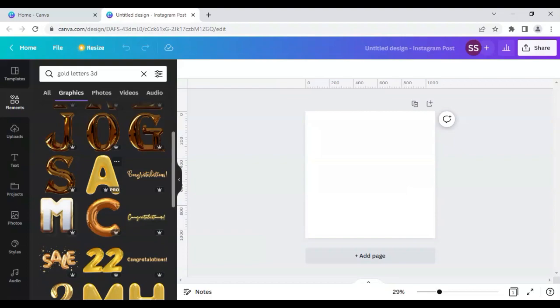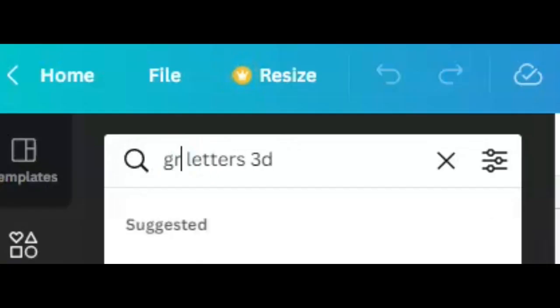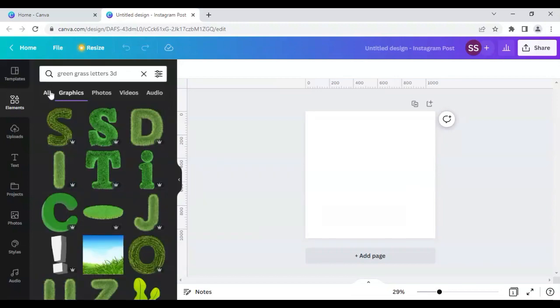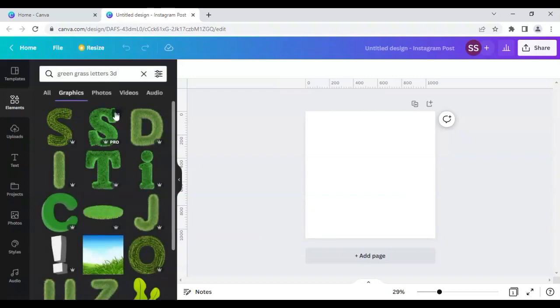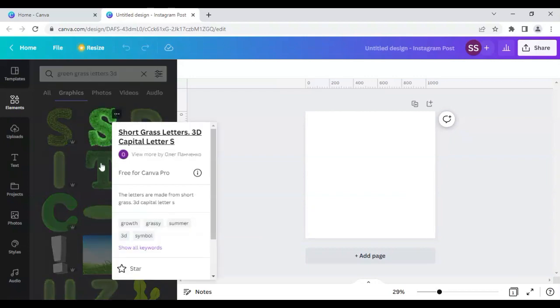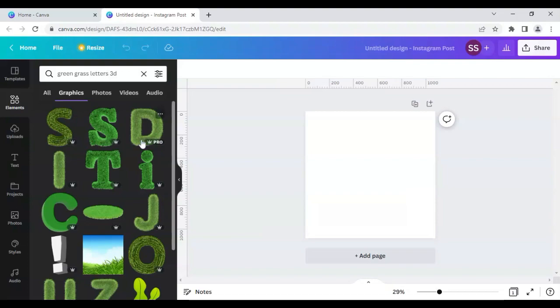Okay, so let's move to the fourth keyword, which is green grass letters 3D. As you can see, two types of fonts are present here. One is this one, green grass, and another is short grass letters. You can use both of them if you have a pro account. Okay, so this is the fourth keyword, and let's come to the fifth keyword, which is